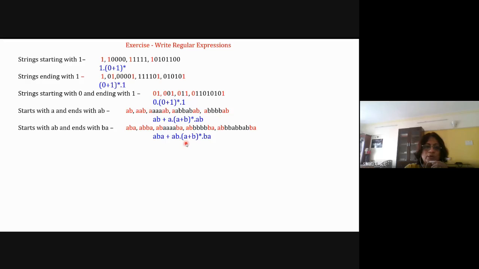Okay. So next one, strings with even number of zeros. So they are not talking anything about one. Okay, you need to read the question properly. The strings are the strings with even number of zeros. So number of zeros are even. That means number of zeros can be 0, or 00, two times. It can be 100 or it can be 001 or 010. Anywhere zeros will appear, but the total number of zeros should be even. Okay, so tell me what to write.